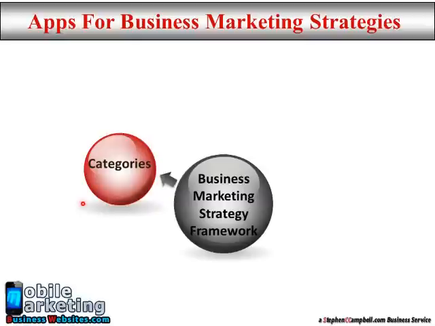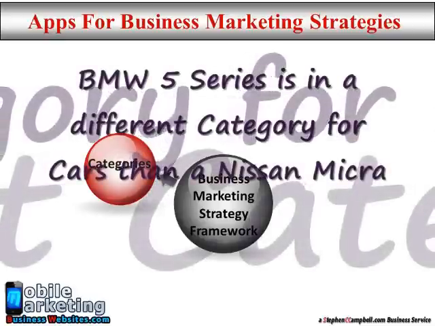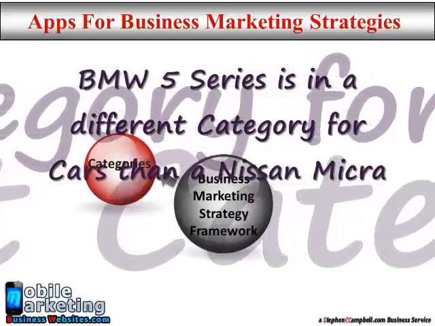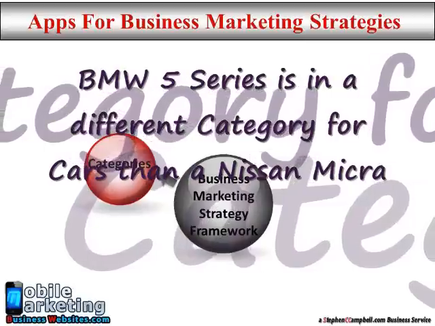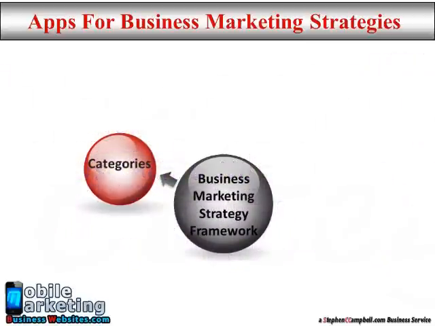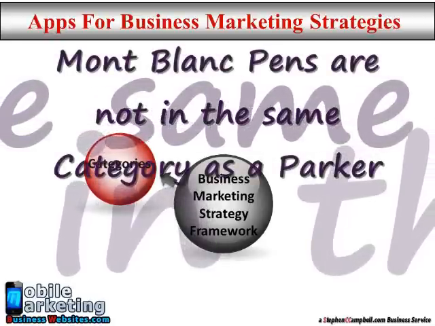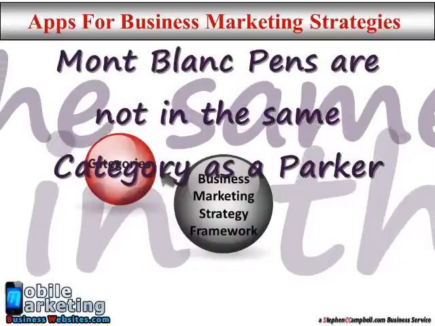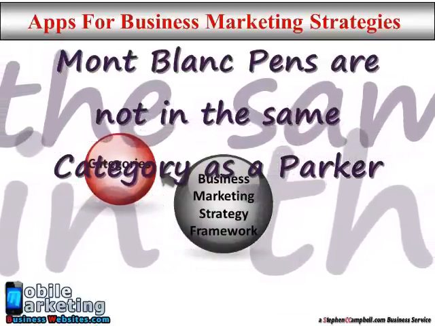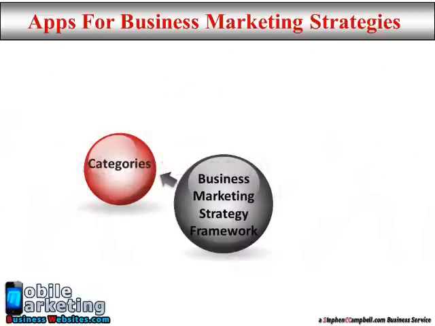So every product or service that exists fits within a particular category of the market, and you can use various examples. You could take living accommodation, for example. You could take a £1 million house or a £100,000 apartment. They did fit in different marketing categories. Same thing for wine. Wine could cost $1,000 for a bottle, or you could buy wine for $10 for a bottle. And this comes into place when you're thinking about how to use apps within your business and how it actually fits in line with your product or service marketing category.